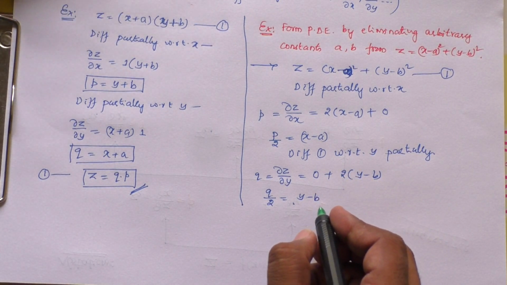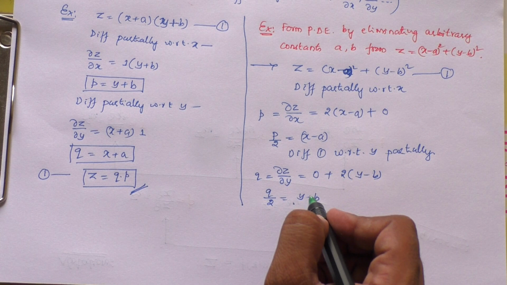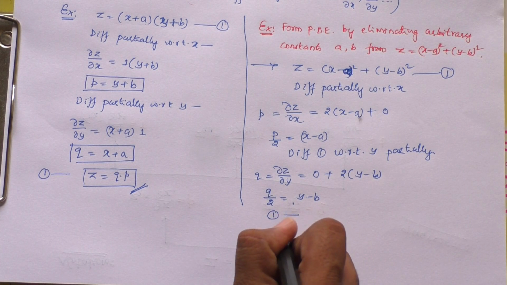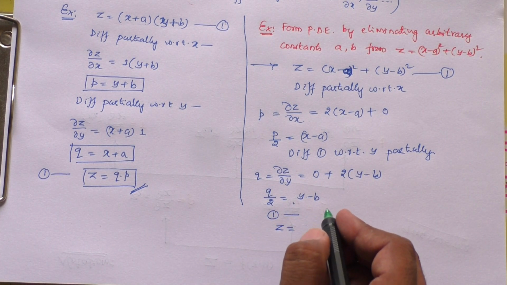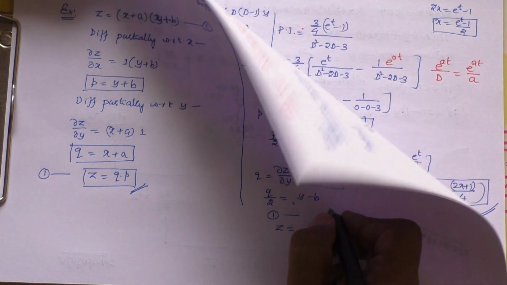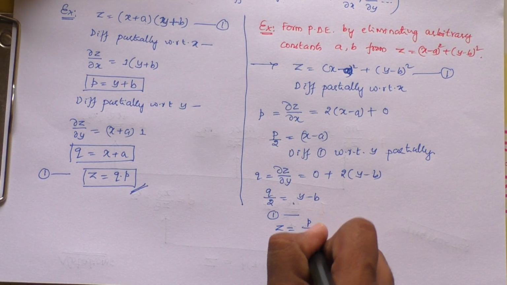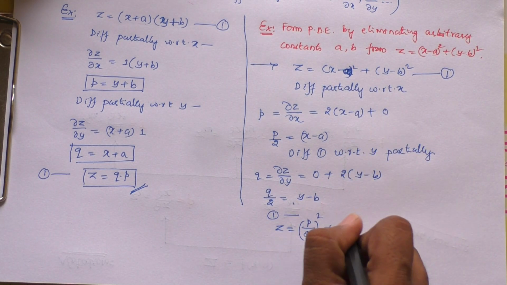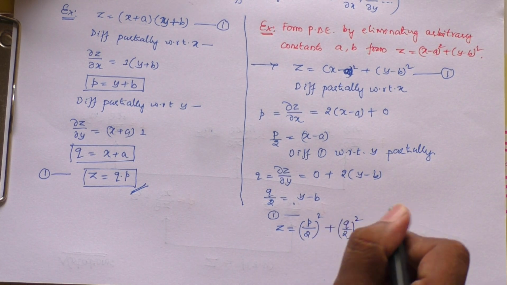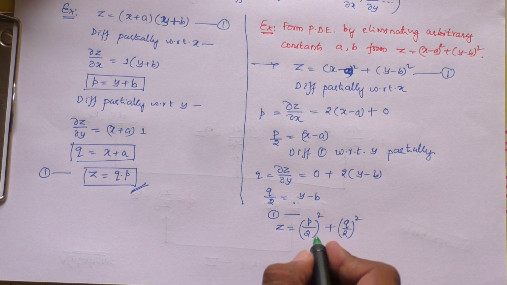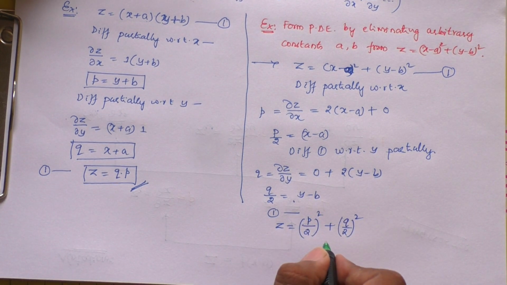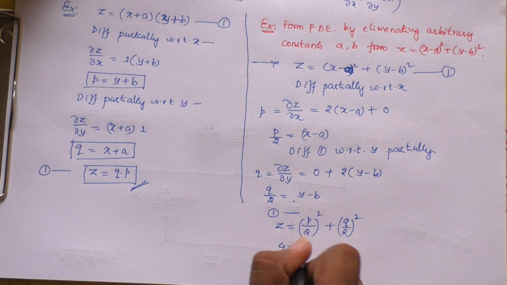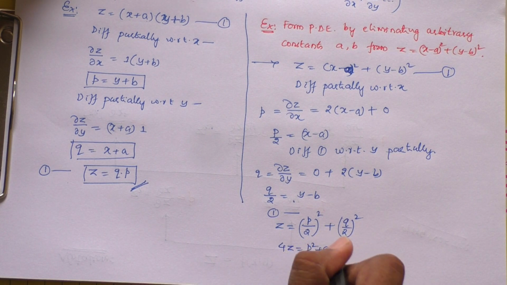So here what you can do is substitute x minus a and y minus b in equation 1. From 1, we get z equal to, so x minus a is p by 2, so (p by 2) whole square plus y minus b. Y minus b means q by 2, (q by 2) square. So now if you square it, you are going to get 4 p square by 4, q square by 4, 4 take this side, so we get 4z equal to p square plus q square,